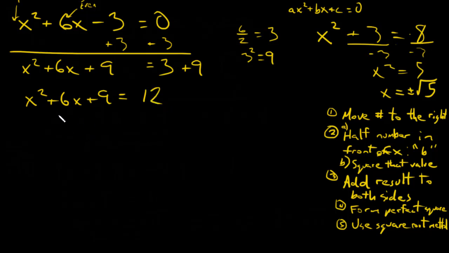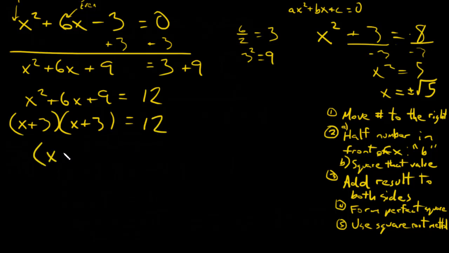Now I can form the perfect square. This is going to be x plus 3, and that means I have x plus 3 squared equals 12. So now I can take the square root method and solve out. So take the square root of both sides. I get x plus 3 equals,